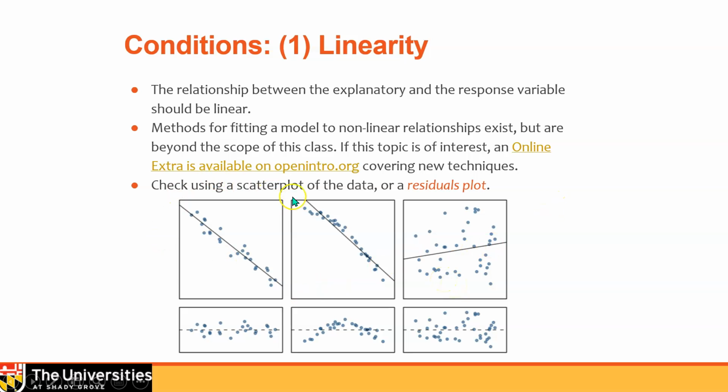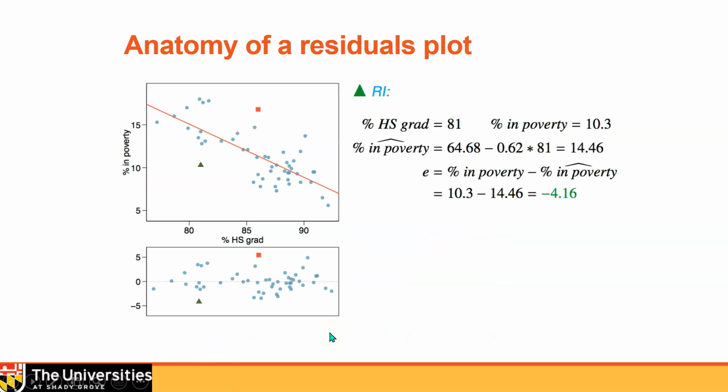Now, what this shows us is that we're looking not only at a scatter plot, but we're looking at these items beneath. And this is something that you see often when we're actually in real life looking at relationships between variables. We're going to look at both the scatter plot of the data and what's called a residual plot. And that's what you see underneath. I'll come back to this picture in a moment after I introduce the residuals plot.